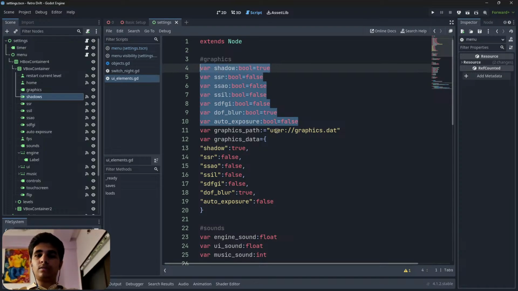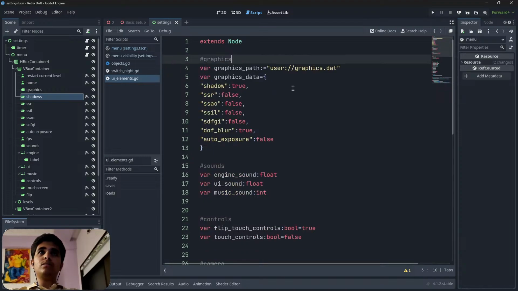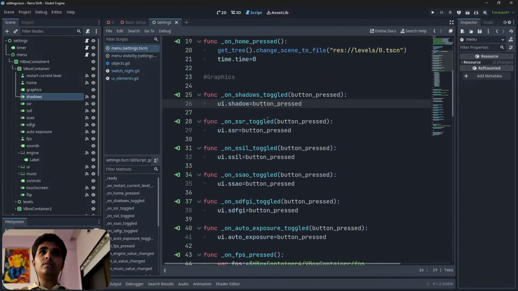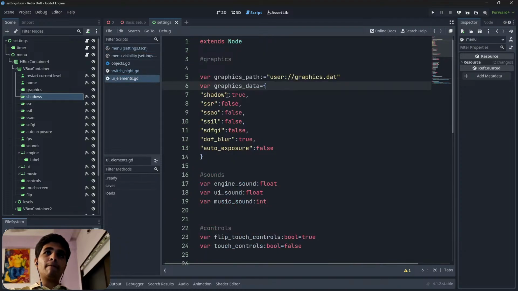So let's just cut it, save it, and up here, what the directory we are putting, the name of our directory here, UI dot graphics data